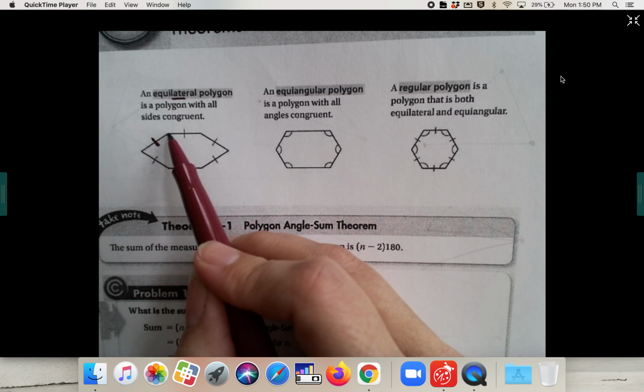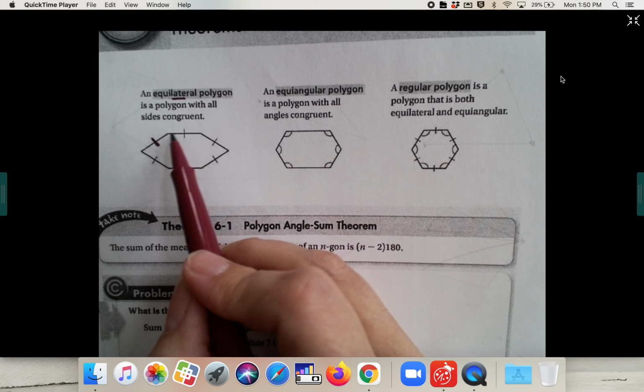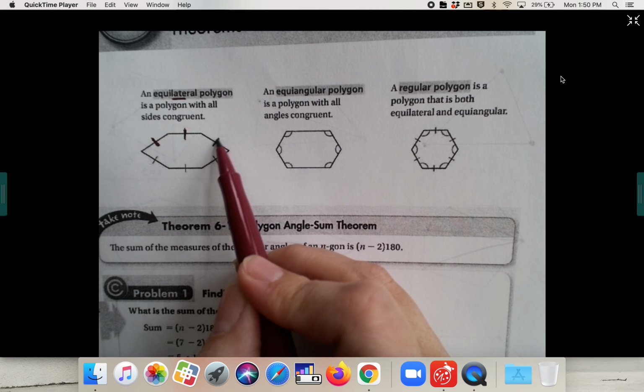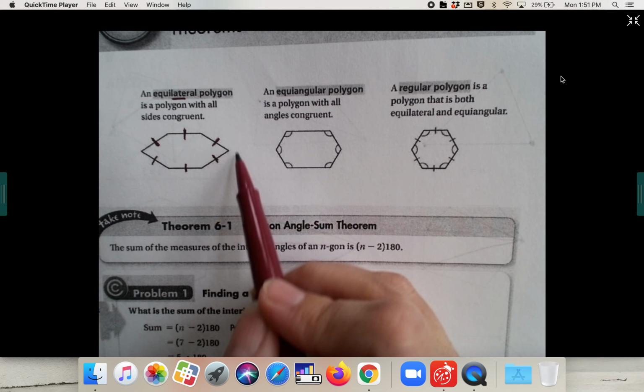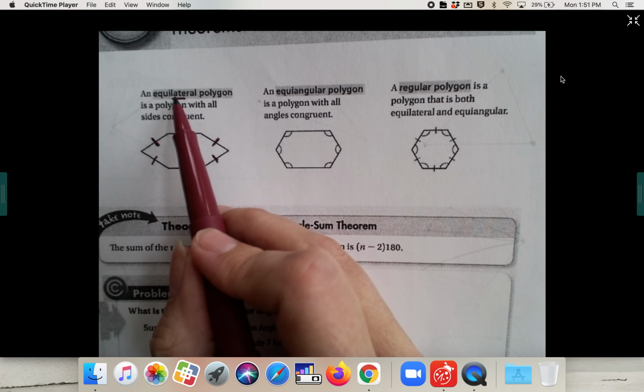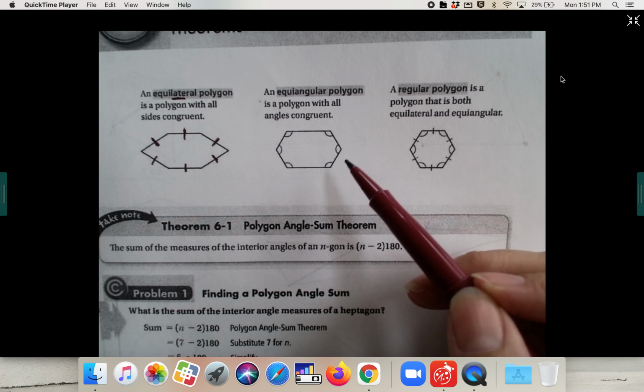So this length, if we measured it, maybe it'd be, I don't know, 3 centimeters. And so this one would also be 3 centimeters. And so would this one, and so would this one, and so would this one, because they're all marked up showing that they have equal sides, which is equilateral. Okay, then you could have an